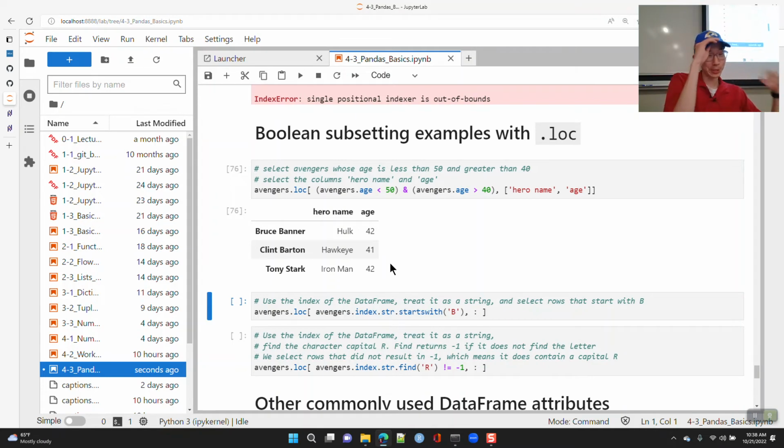Apparently 41 and 42 is superhero age. I don't know. I'm just trying to think. How many years apart was Endgame? Or like, how old were Clint Barton's kids during the first Avengers? We don't know. Okay, well anyway, that's like a main impetus of his storyline in Endgame, right?